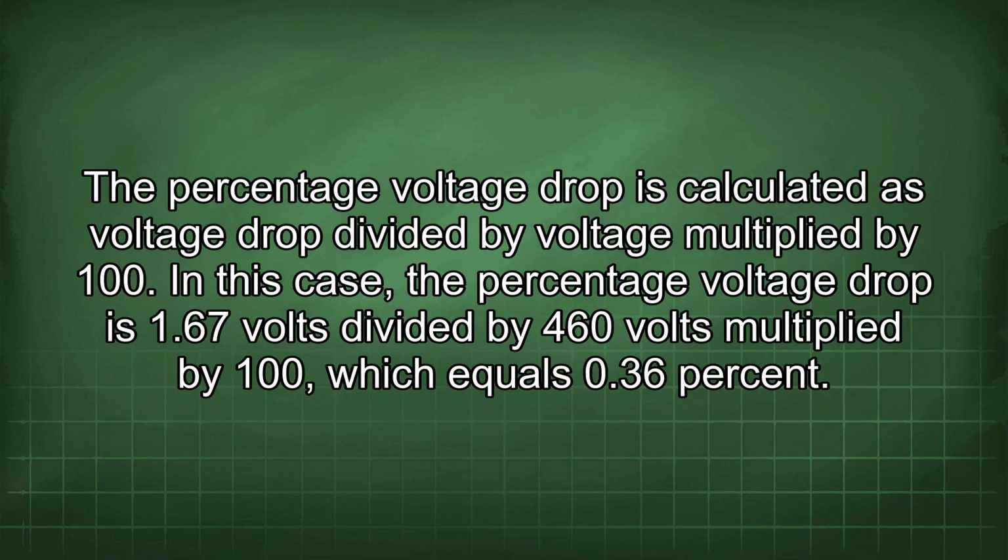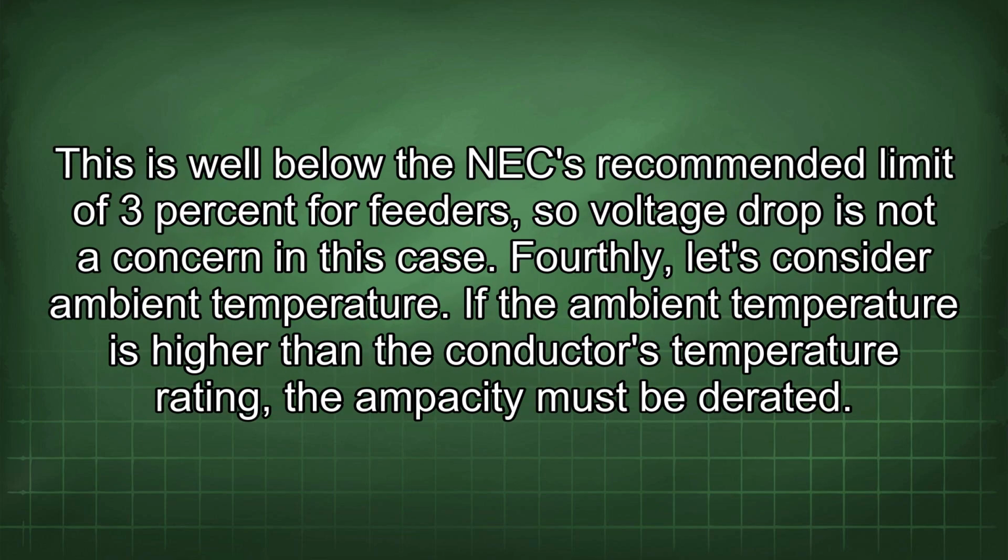The percentage voltage drop is calculated as voltage drop divided by voltage multiplied by 100. In this case, the percentage voltage drop is 1.67 volts divided by 460 volts multiplied by 100, which equals 0.36%. This is well below the NEC recommended limit of 3% for feeders,